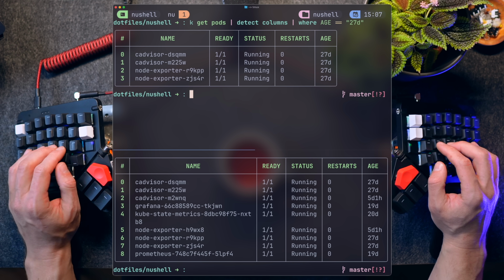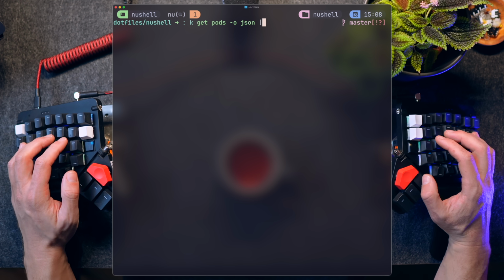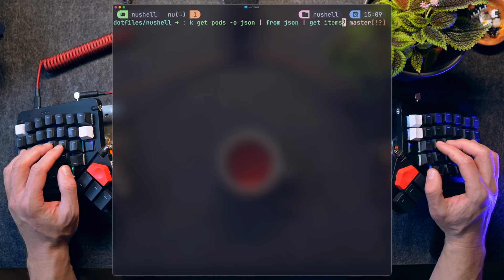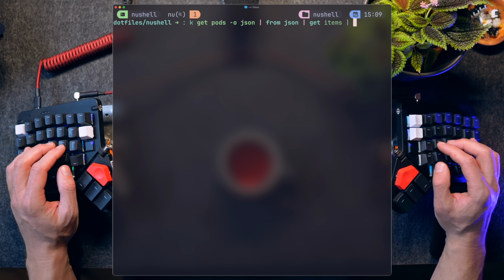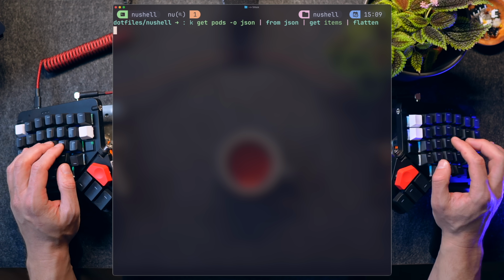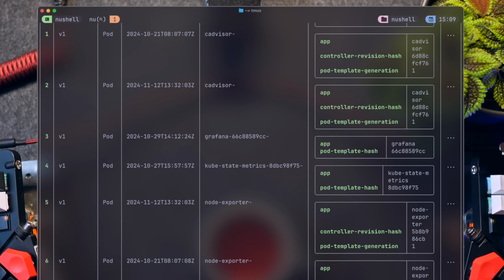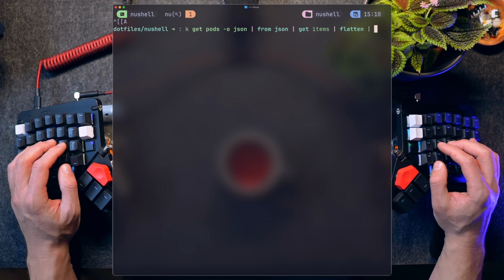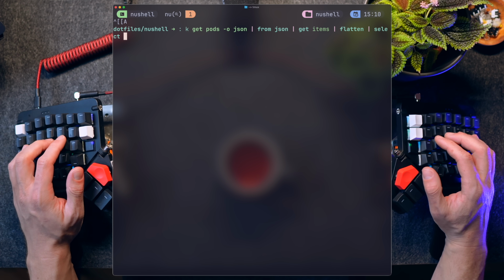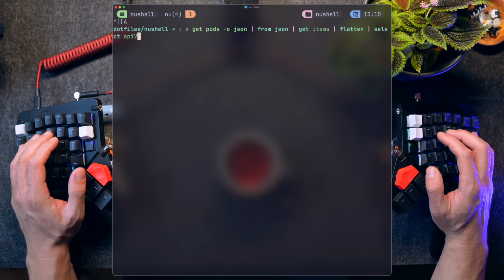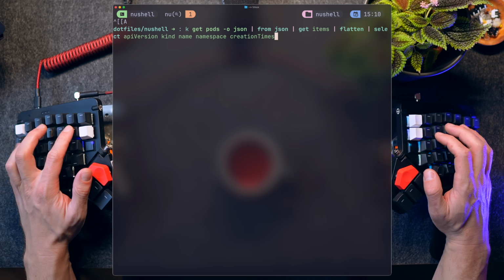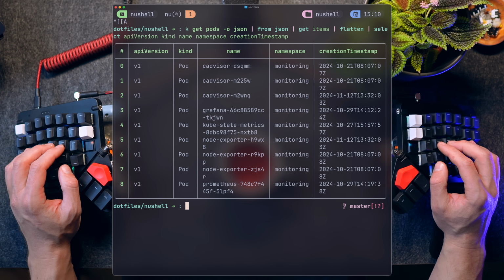When getting the entire output as JSON and sending it to Nu's from json operator, I can start digging in with additional options. One option is to take the collapsed structure and send it to flatten, where if we zoom out, it draws every object with nested keys that's simple to read and query from. I can go on and run a select operation, basically a SQL operation, picking only the data that interests me in the results, including the timestamp that I can then play with and use to filter yet again.